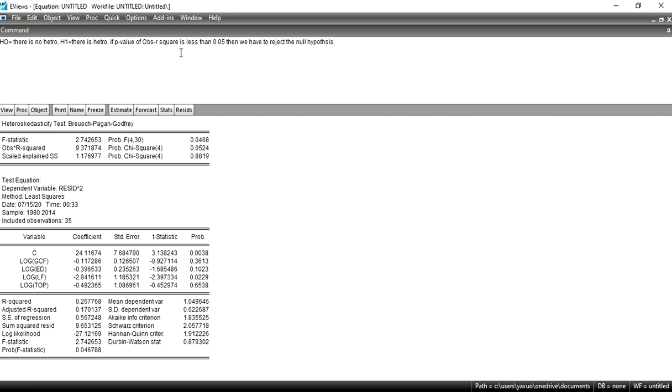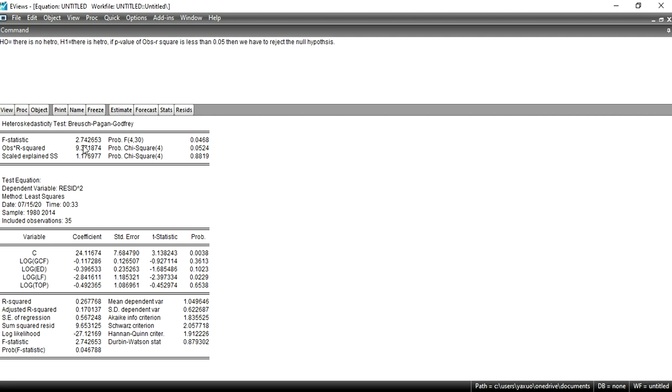If the probability value is less than 0.05, we reject the null hypothesis, but if it is greater than 0.05, we accept the null hypothesis. So we accept H naught, which means there is no problem of heteroscedasticity in our data.